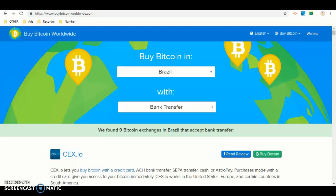In this video, I'll be showing you how to buy Bitcoin in Brazil using the payment method bank transfer. So let's get started. The first thing you want to do is click Google and type in